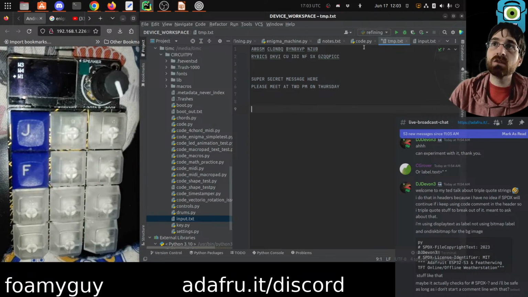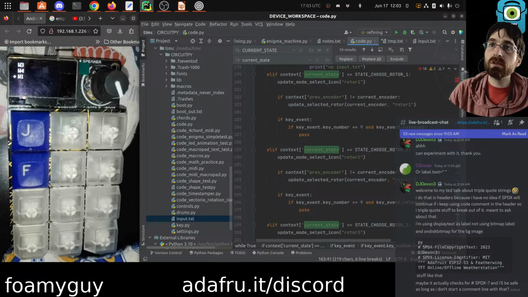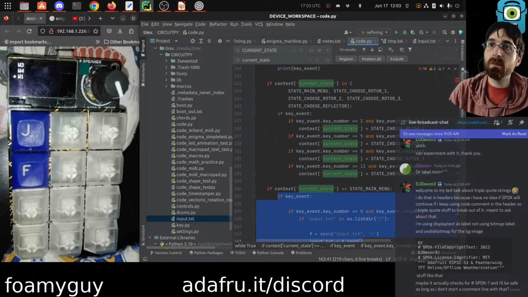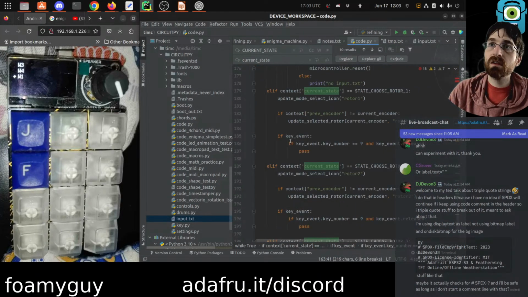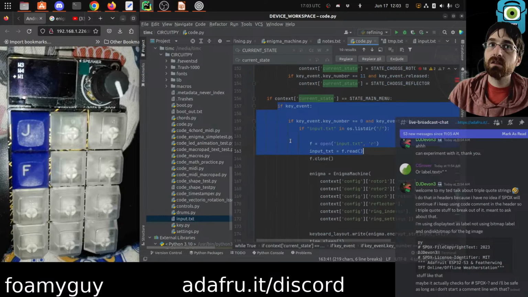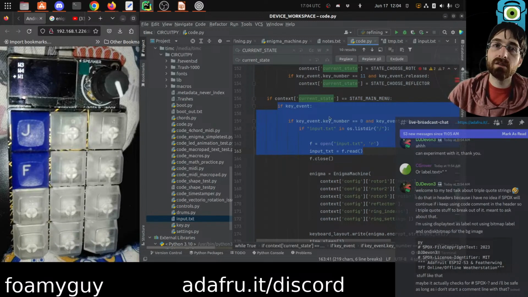Oh, we need to make a way to get back to main mode. Yeah, see this main menu? We don't have a way to get back to main menu. That was anticlimactic. Okay, so let's say I like bottom left, so that would be, I don't even know. I mean, if that's 11 and 9,